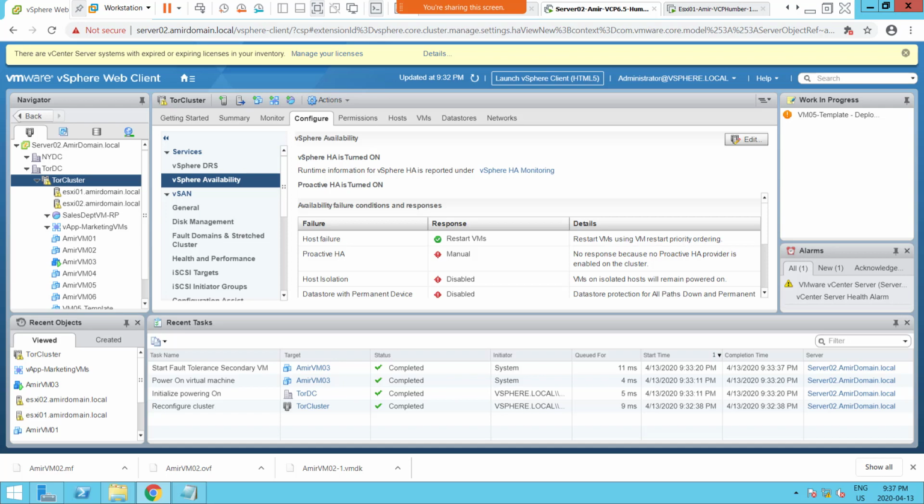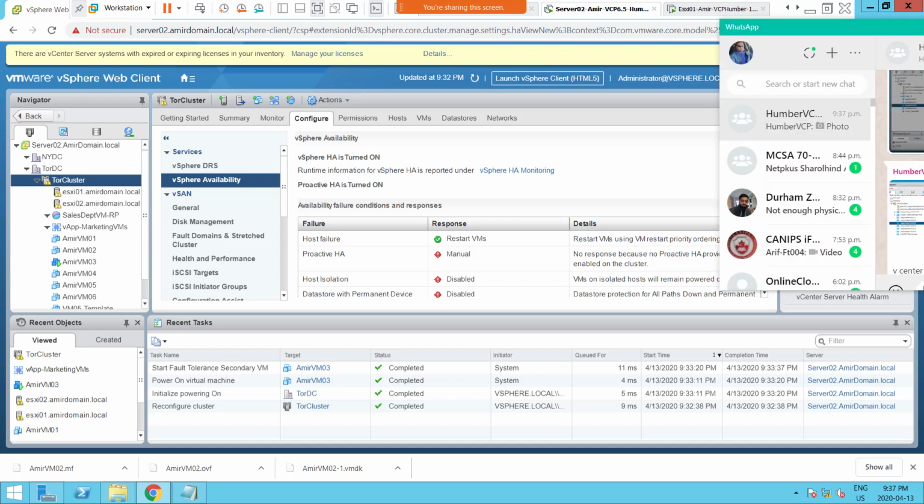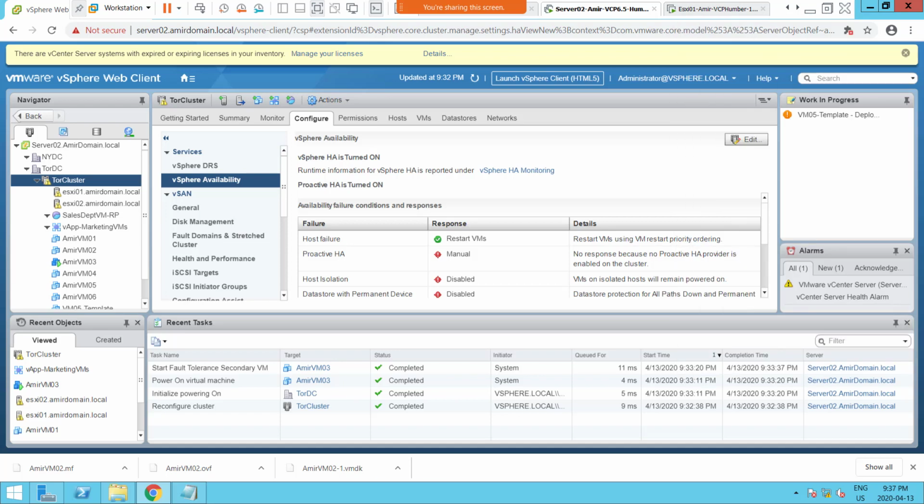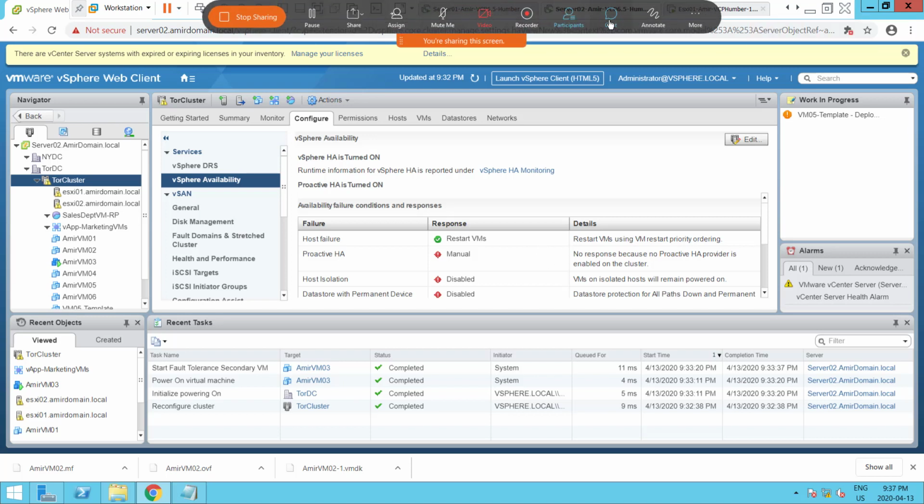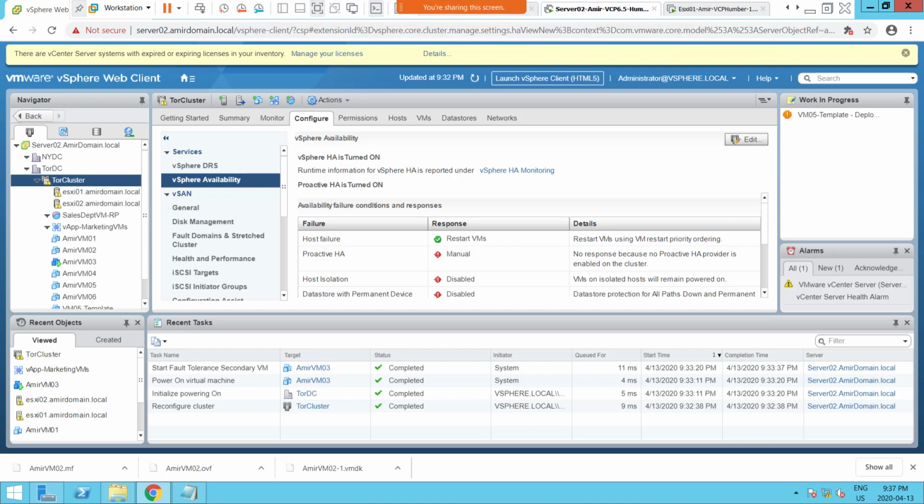The thing is that it still does not have enough resources to power on your secondary VM. So it's again talking about resources, guys. As I was saying before, fault tolerance is a very sensitive application. It's not going to tolerate any kind of